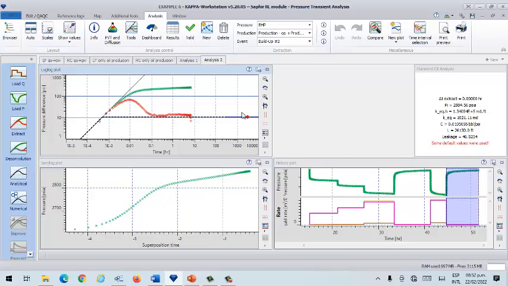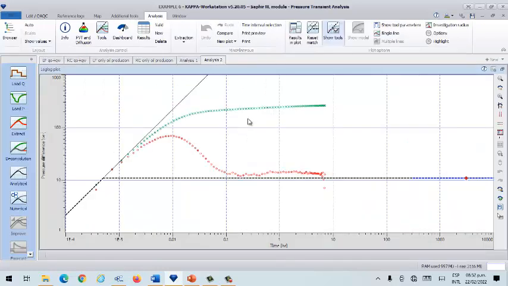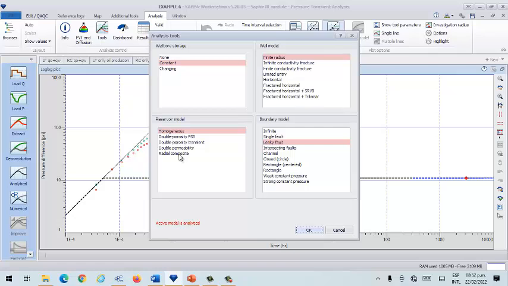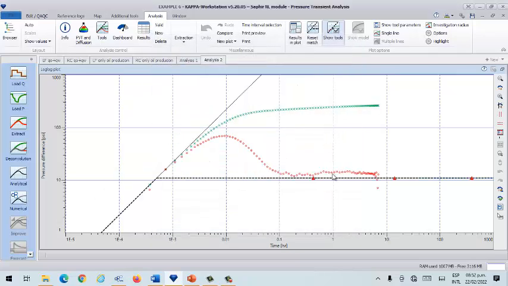So here now we're going to use the radial composite reservoir, and we get some help from the tool, which is a radial composite infinite. Okay, and here it's a matter of playing now with